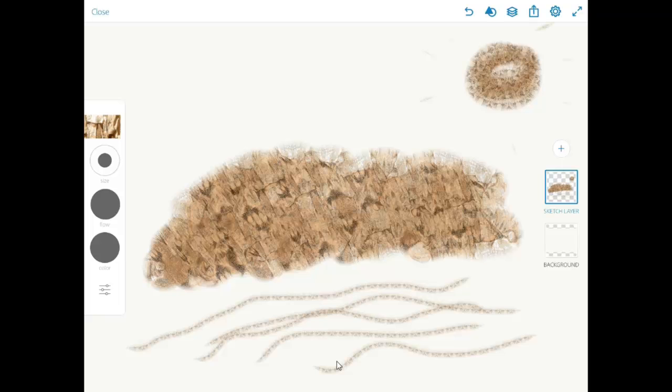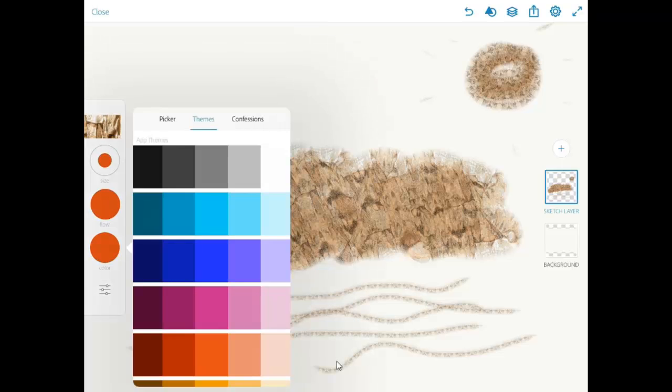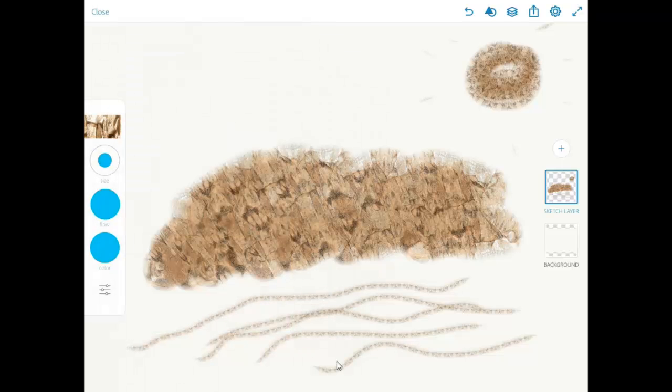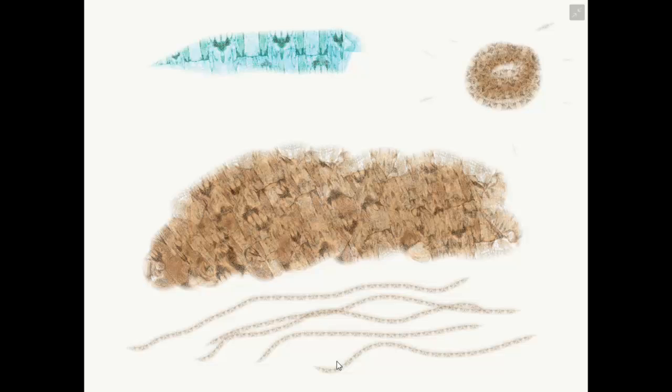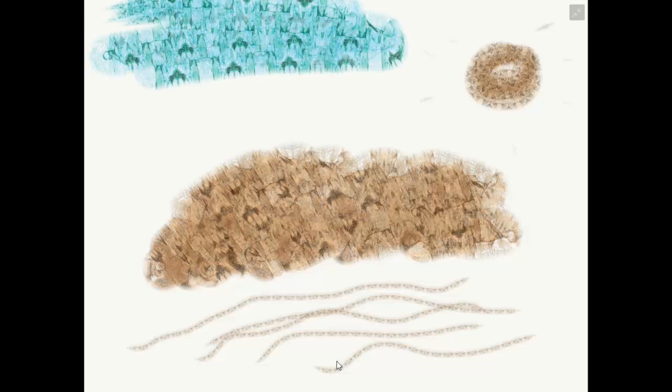Like that. Let's try changing the color and see if it does anything. Well, it does. It gives it a hue. Okay, so let's change it to blue. Make it as thick as we can. And let's just nicely color in the